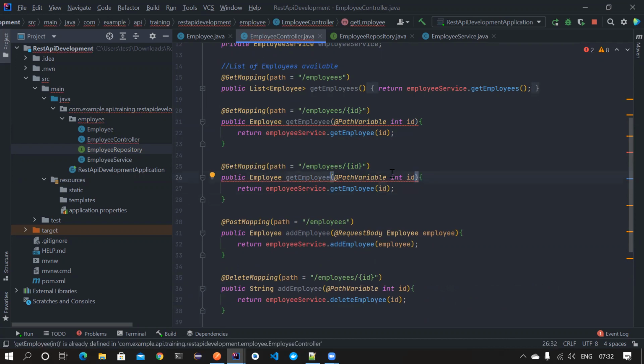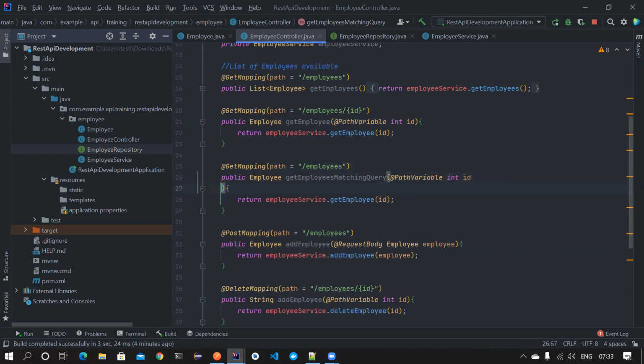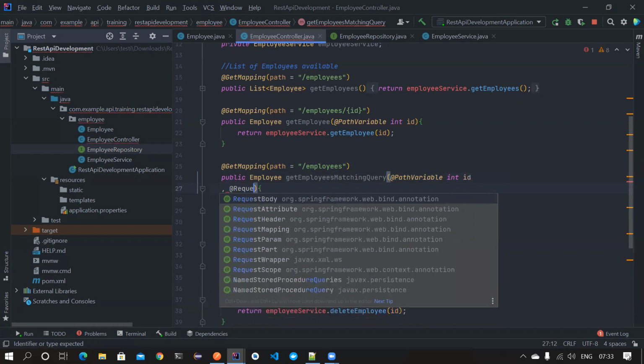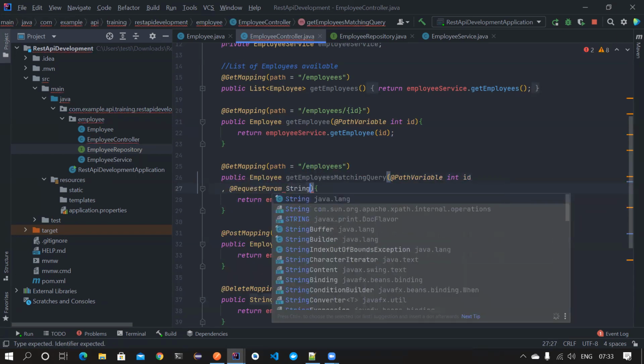Get employees, that is, get employees matching the query, something like this. So if in the path parameter they tell what the ID is, apart from that, maybe I'll keep it like this. Get employees matching the query. So let them pass some query parameter to me. What I will do is tell it, with @RequestParam, request param, and let's name it as a string,